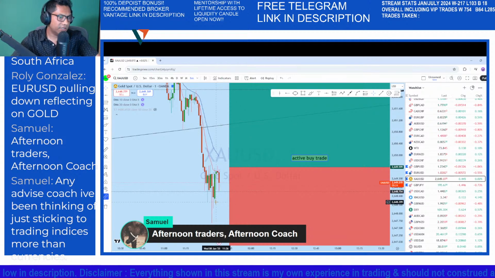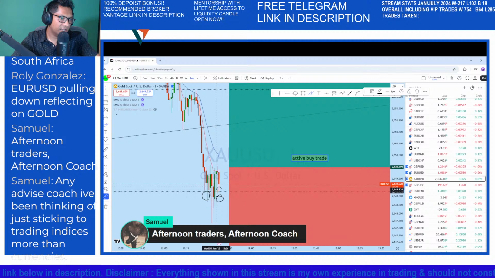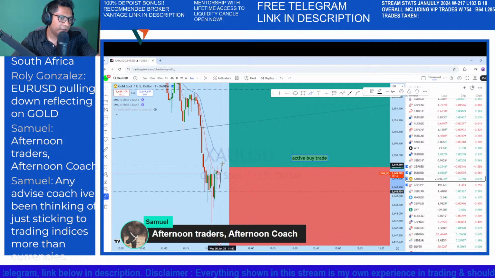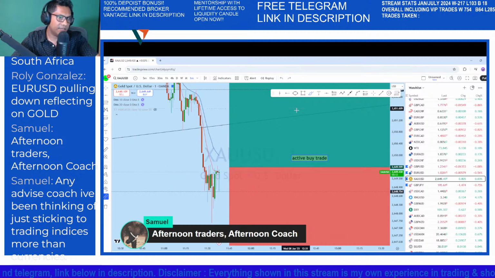So here, you can see this is forming an inverted head and shoulder. This is what you can see. Want to see that on this 1 minute candle, if we see a long wick, that might give it momentum